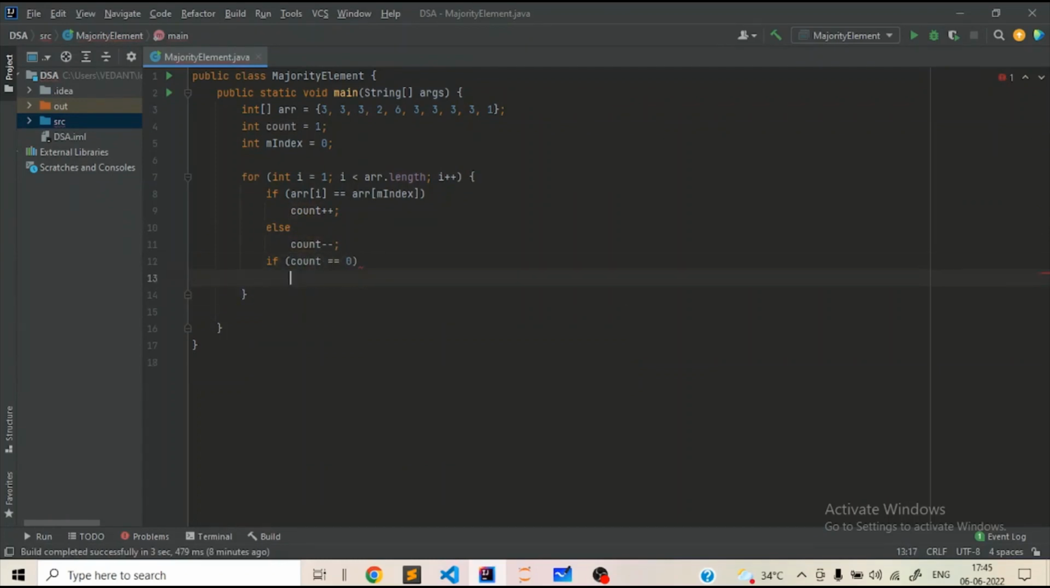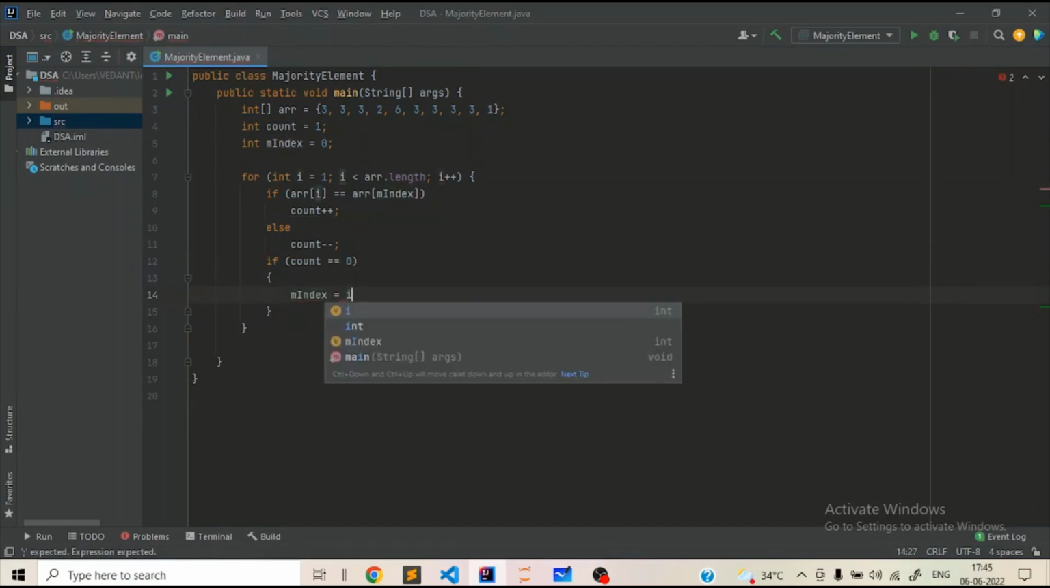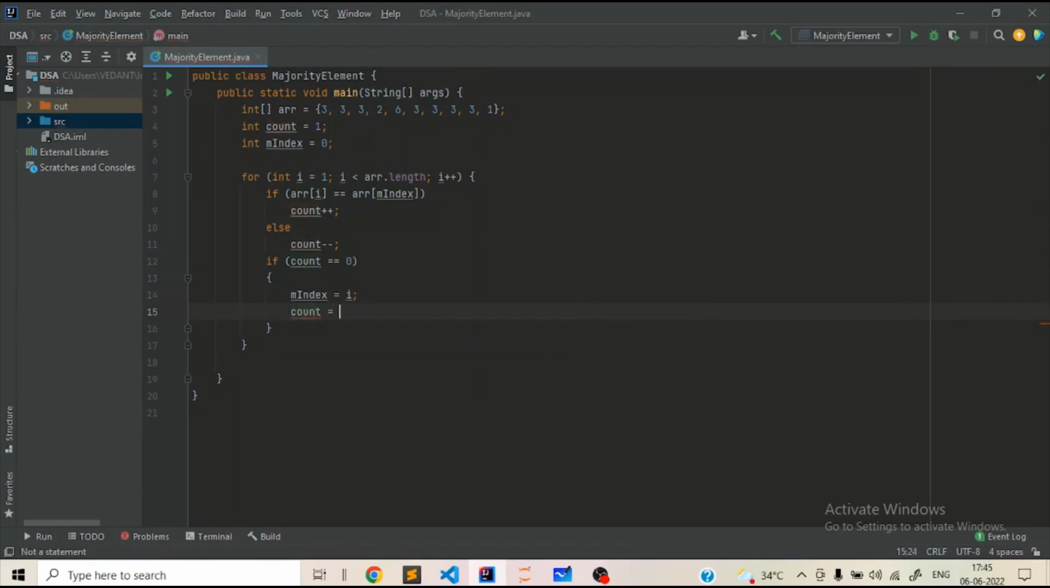If it is 0, then we modify two things. We shift the m index value to the current location, that is the ith location, and make the count value 1 again. Even in my explanation, I made a lot of mistakes while modifying this count value to 1. So please note here and do it carefully. Now after this is finished,